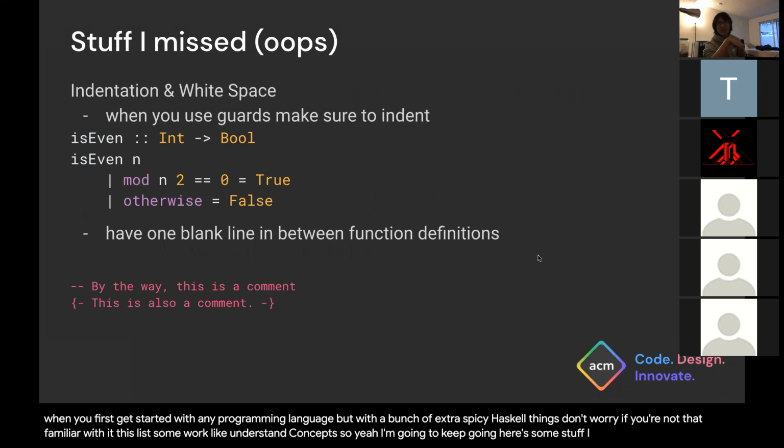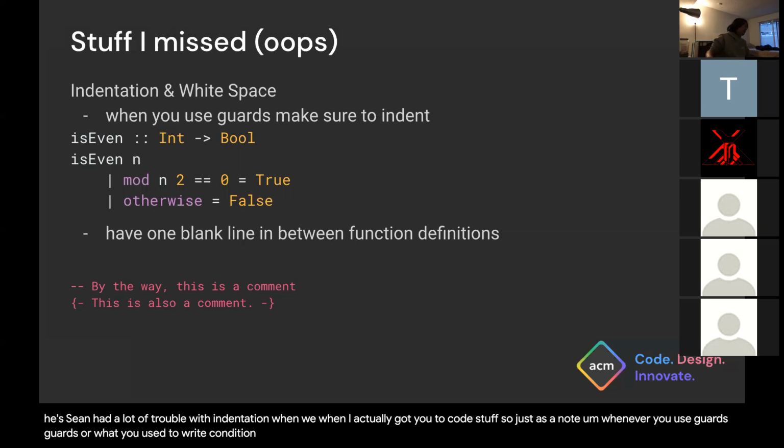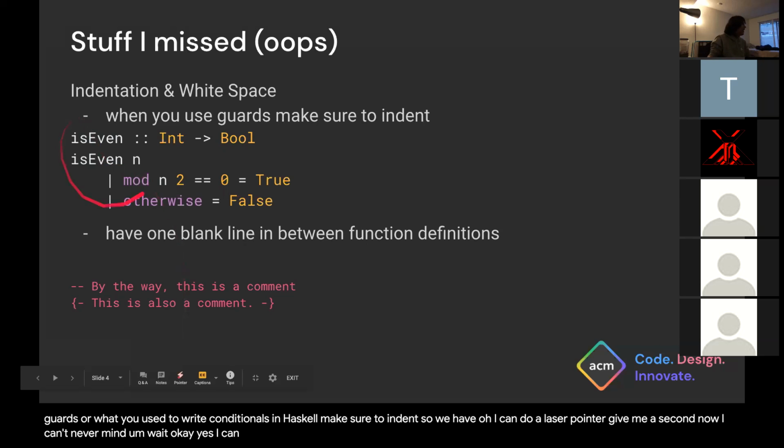Here's some stuff I missed from last time. I know Ishan had a lot of trouble with indentation when I actually got you to code stuff. So just as a note, guards are what you use to write conditionals in Haskell. Make sure to indent. So we have, I can do a laser pointer. Give me a second. No, I can't. Never mind. Wait, can I? Yes, I can. Hey. But anyway,